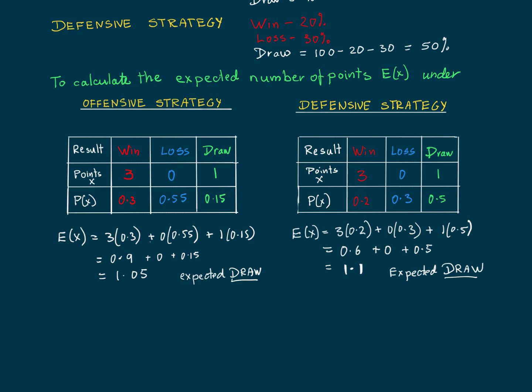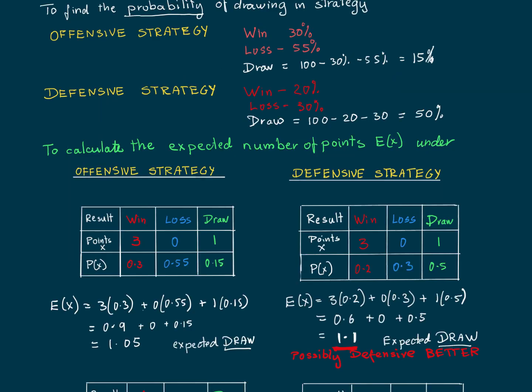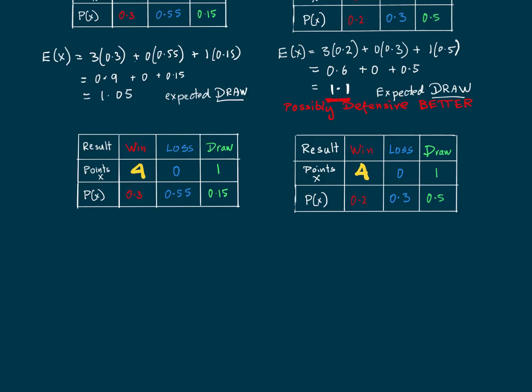or a defensive strategy. Now, should the strategy change if the teams are awarded 4 points for a win instead of 3 in both cases? So I've redrawn this table, but this time I've awarded 4 points to the win. So we need to calculate this again. And the only thing we'll change here is this first value over here, and we'll get a value of